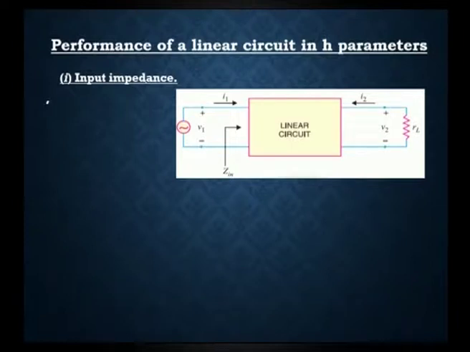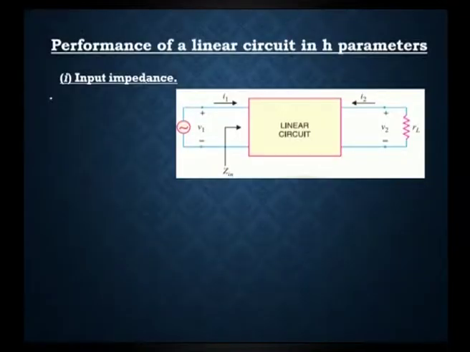This is how the nomenclature of a transistor h parameter differs from linear circuits. Now we are going to derive the expression for input impedance. We will first consider the linear circuit, and after that we will convert it into a transistor circuit. What we derive for a linear circuit is applicable to the transistor circuit also. The only thing we need to change is the nomenclature, according to the table we studied previously.